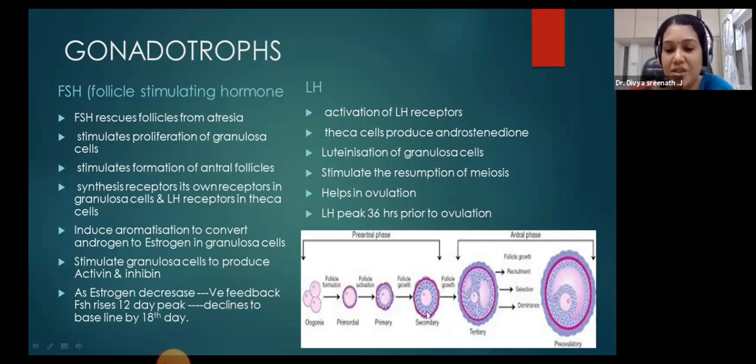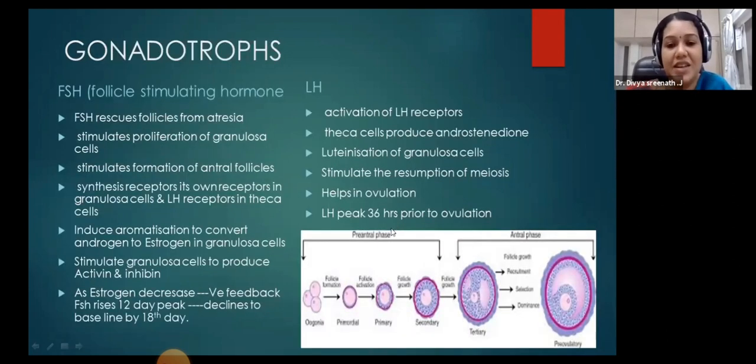The granulosa cell has an important role. These granulosa cells secrete estrogen hormone under the influence of FSH and LH. Outside this are the theca cells. From the ovarian stroma, theca cells appear, the theca interna and externa. They also have a role in steroidogenesis. This theca cell and granulosa cell both have an important role in hormone production. So estrogen is produced from the granulosa cell, and also with the help of the theca cells.